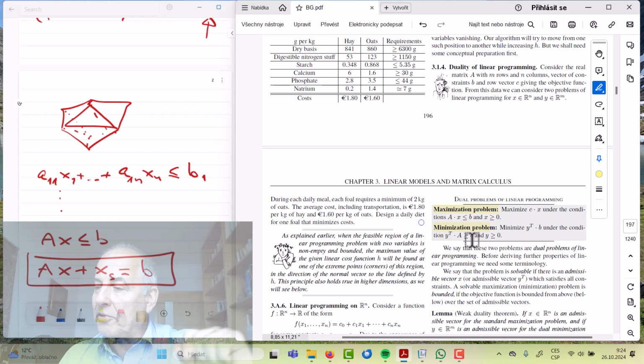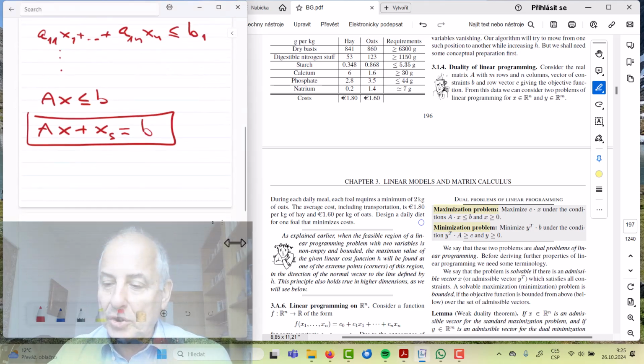So it's the linear form which was optimized. And this is the dual minimization problem to the original maximization problem here, or the other way around. So if we start with a minimization problem, then the dual one will be this maximization problem, right? So again,